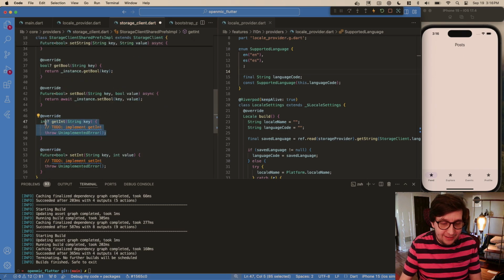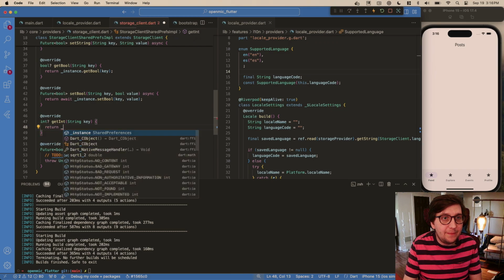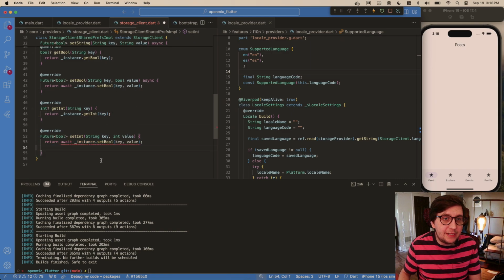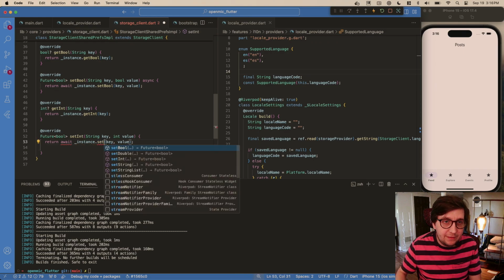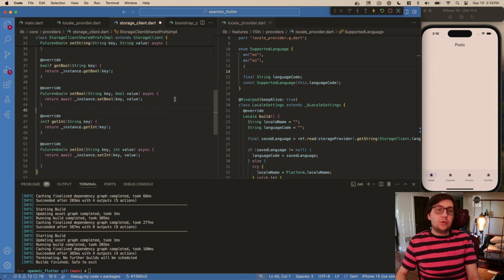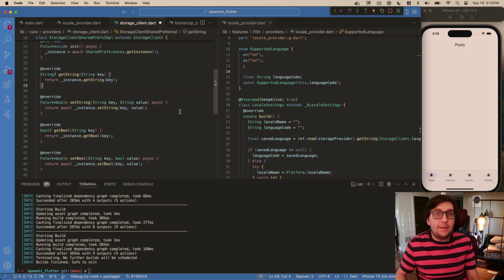And for this one, we just return instance dot get int key. And I'll just copy this again. So here, instance dot set int. And of course, make it asynchronous. So now, yeah, we can store ints, we can store bools, we can store strings, and of course, in shared